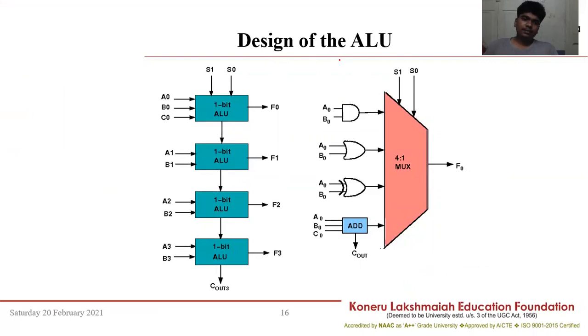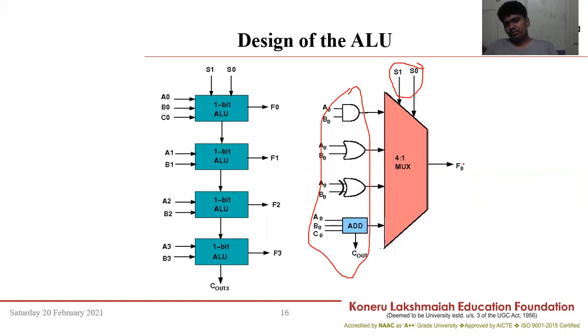So this is the design for the ALU. This is a 1-bit ALU. These 3 are inputs and these 2 are control lines. A 1-bit ALU works in this way. MUX is a multiplexer, and it performs 4 operations. With the help of these control lines, these 4 operations will be decided. If we need the result of this one, then F0 produces the result of 1, for 2 it produces 2, and so on.